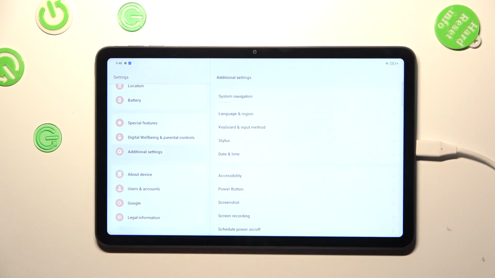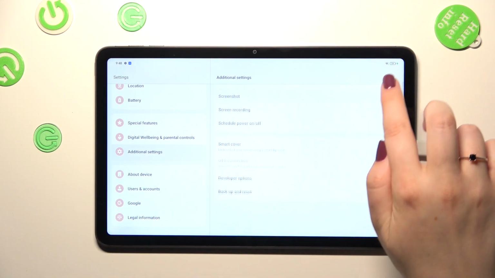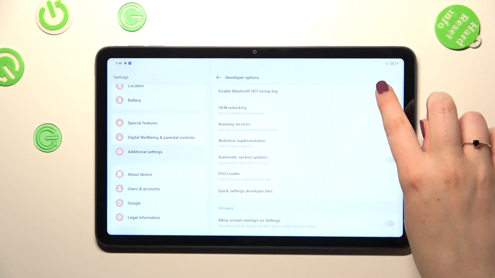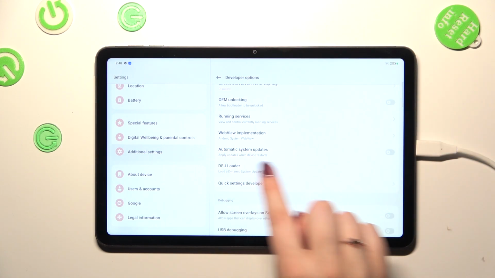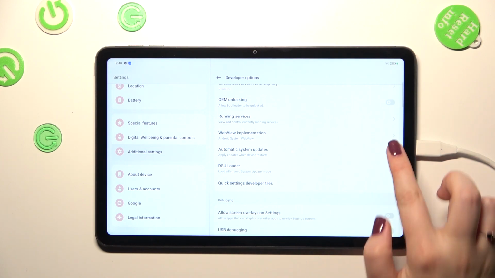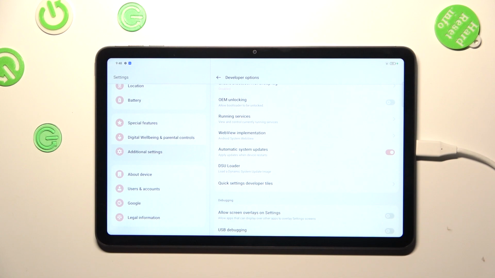Alright, so now we have to enter the additional settings here. Scroll down to the very bottom and enter developer options, and here basically scroll down just a little bit to find automatic system updates. In my case this option is turned off, so just tap on it to turn it on, and from now on your device is allowed to apply the updates when it will be restarted, which is